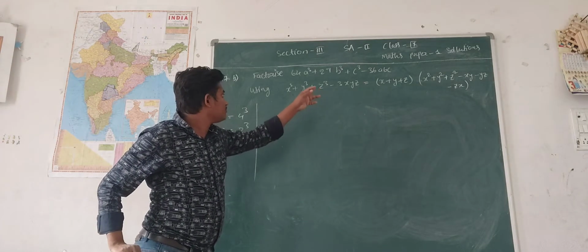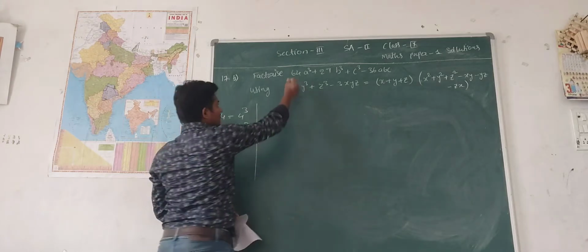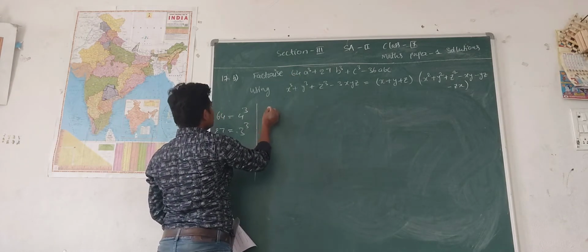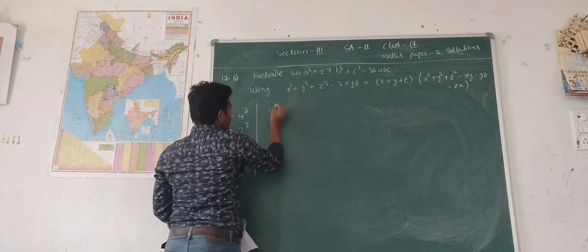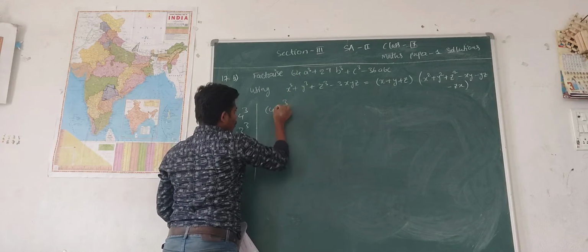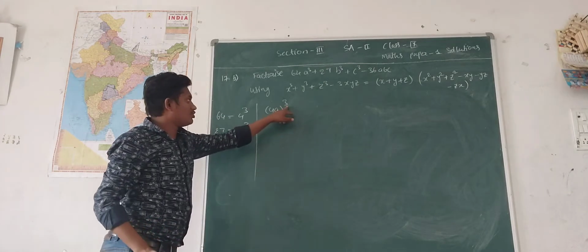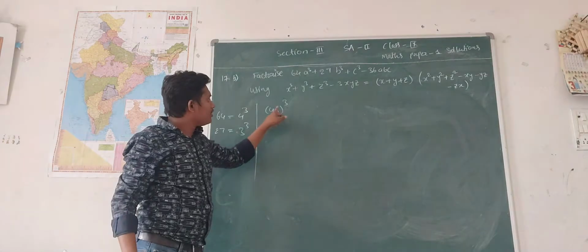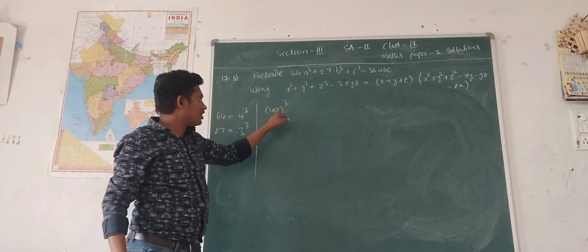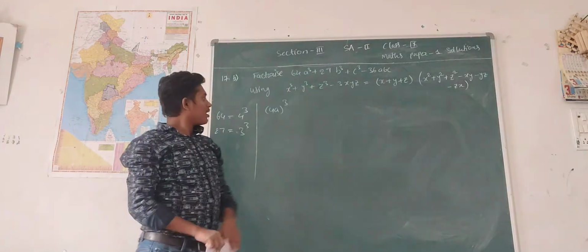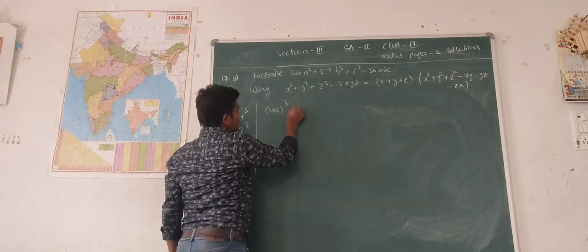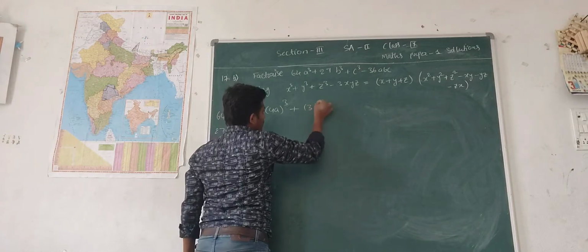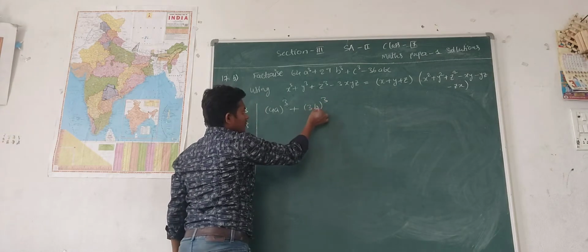So here 64 we can write as 4 cube and 4a whole cube. This cube belongs to 4 and also to a. Where 4 cube is 64 and a cube stays as it is. Plus 27 we can write as 3 cube, and 3b whole cube means 3 cube equals 27, b cube means